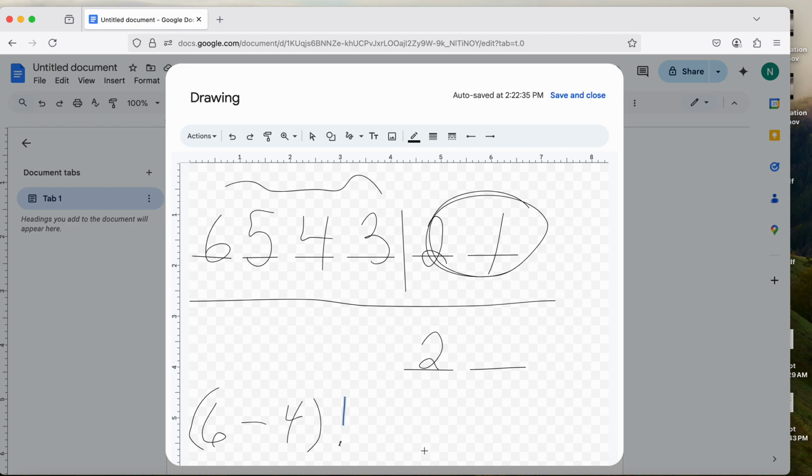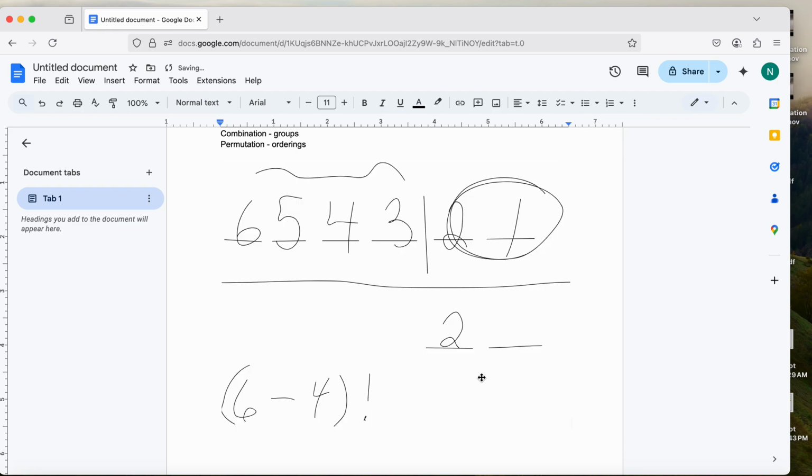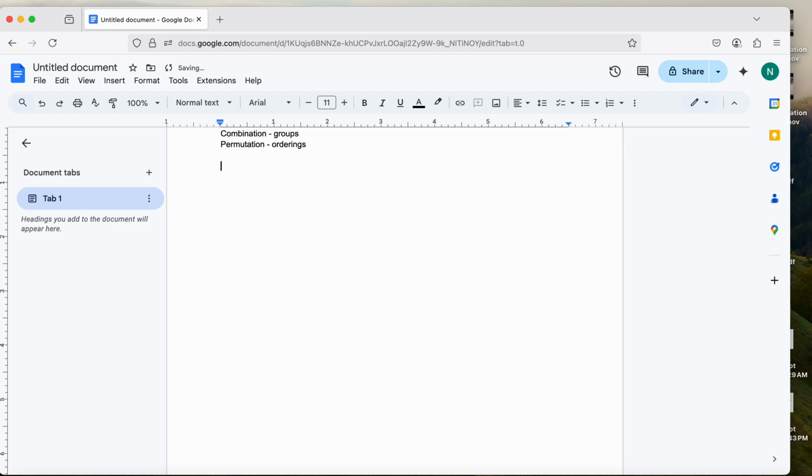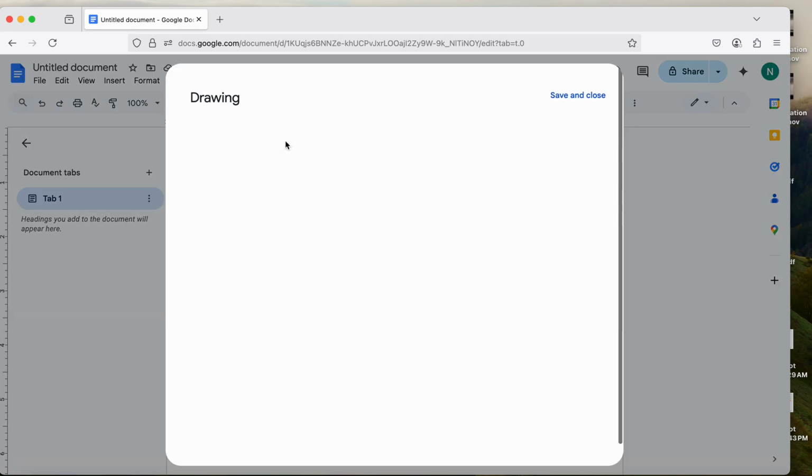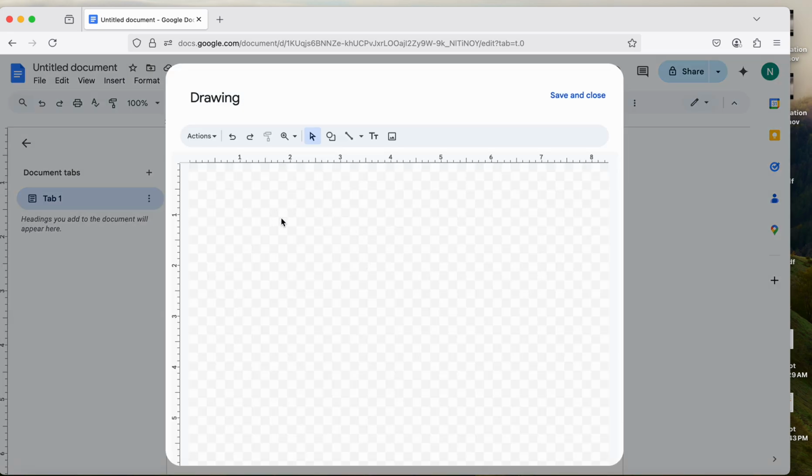So what I'm going to do is save and close. I'm going to delete that, and I'm going to write it this way. So suppose, again, we had the 6 objects, whatever those 6 objects are, and we're going to permute 4 of them at a time. Well, 6 permute 4 is going to have